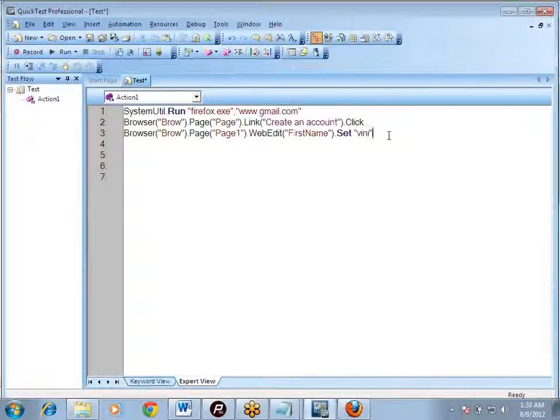Tomorrow we will move towards the shared object repository. And I'll tell you about object spy in detail. We'll be covering test object properties, runtime object properties, the difference between TO properties and RO properties, and some more real-time examples to show the difference. When are we going to use TO properties, when are we going to use RO properties, and the shared object repository plus debugging concepts.